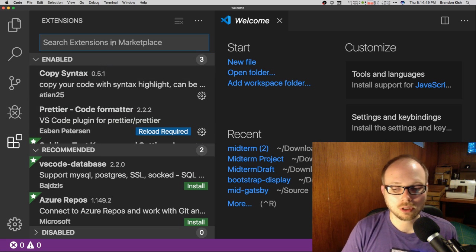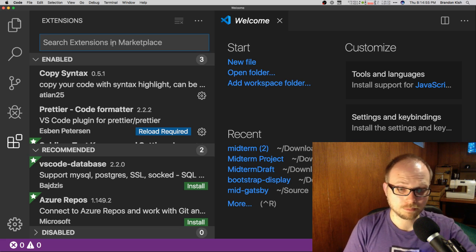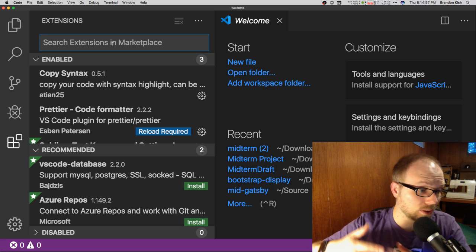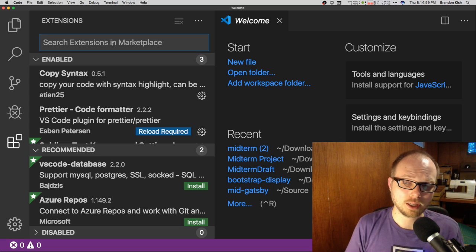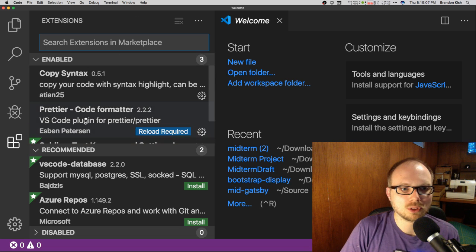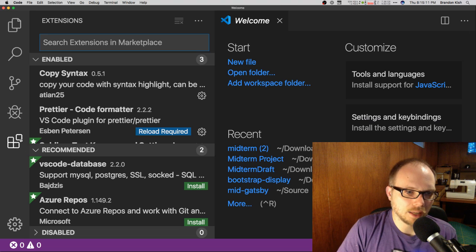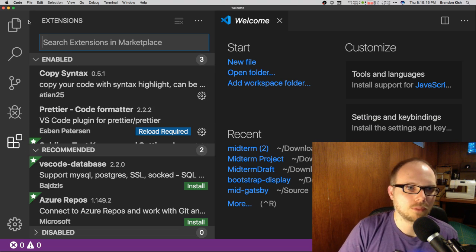You can install different themes. You can install plugins that actually will let you write other coding languages inside of Visual Studio Code, that will check your code automatically, that will automatically run things, that will allow you to copy and paste better. Really, if there's something that you don't think Visual Studio Code can do, oftentimes you can enhance it to do it by clicking on this extensions area and finding a plugin.